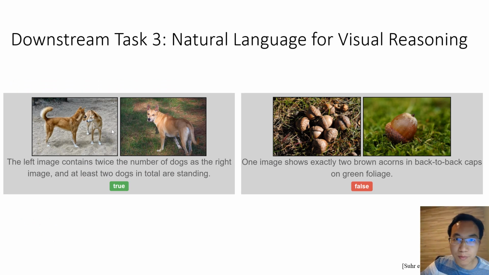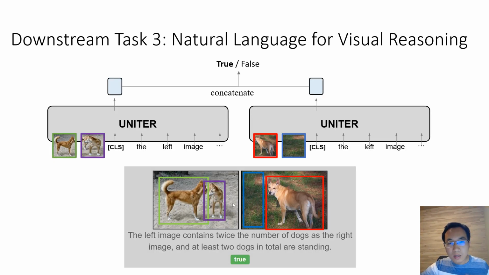NLVR2 requires the model to predict true or false for a given natural language statement about a pair of images. So the task has two images as input. In order to adapt UNITER for this task, we pair each image with the input text, so we will have two CLS token embeddings, and then we concatenate them together to predict